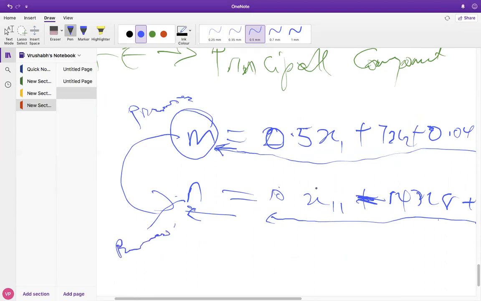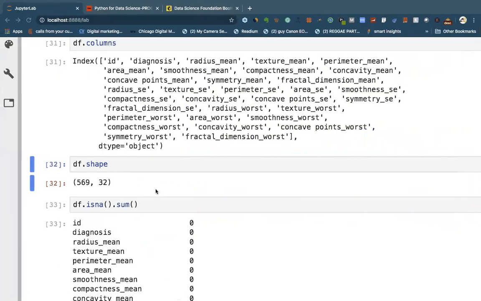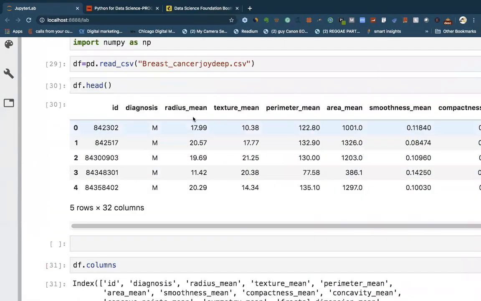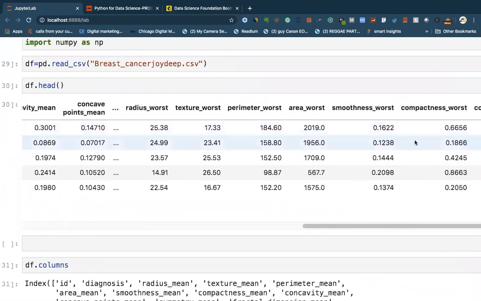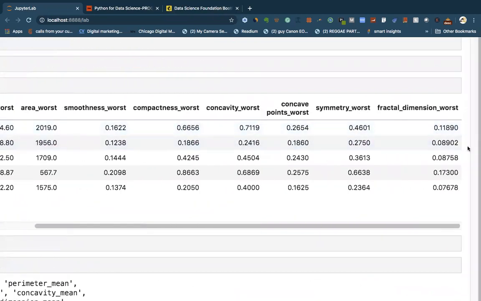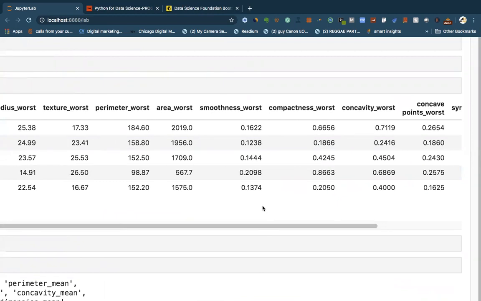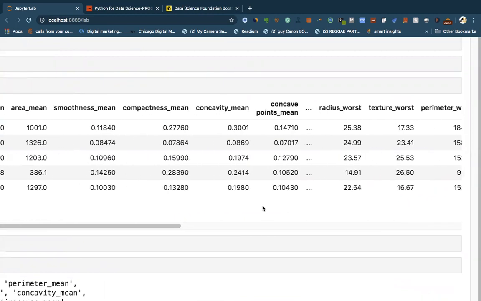Okay, so we will extract information from all these 32 features that we have over here, the radius mean, texture, all the way to the last one, fractal dimension worst, right? That's what it will actually do. Now, one good advantage of this one again,